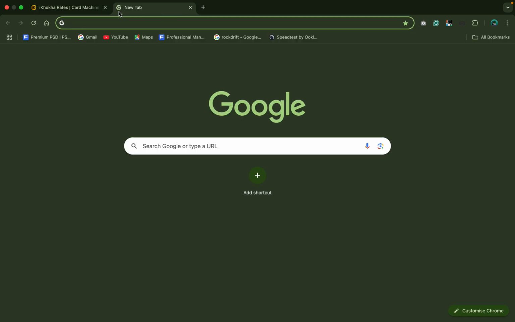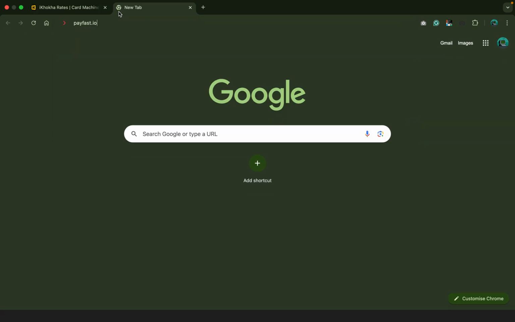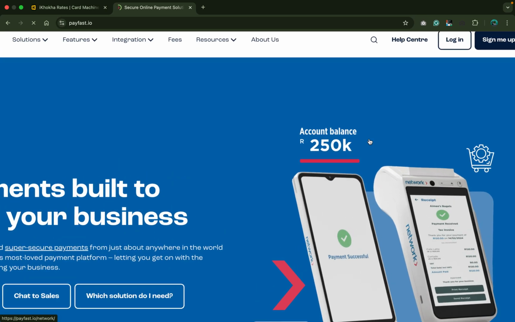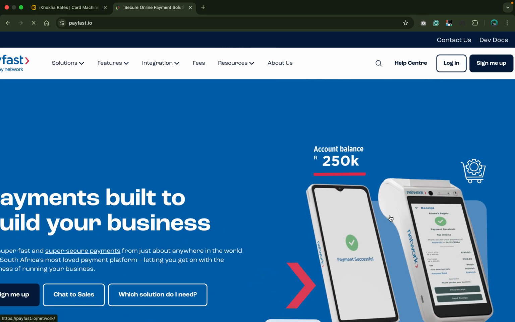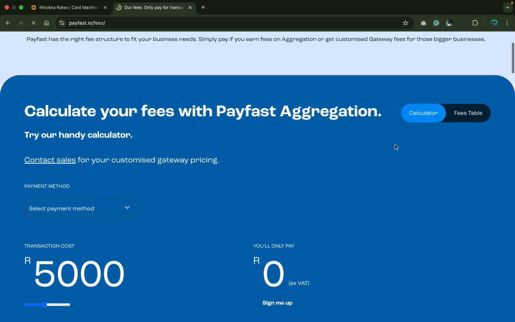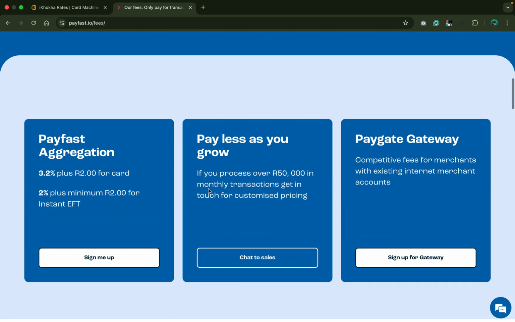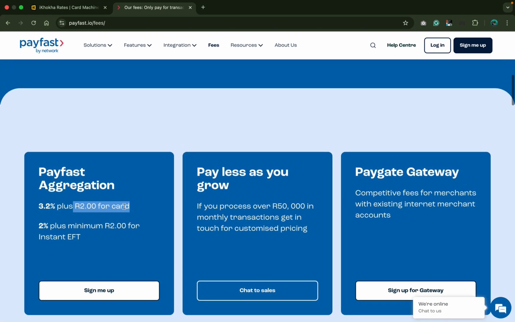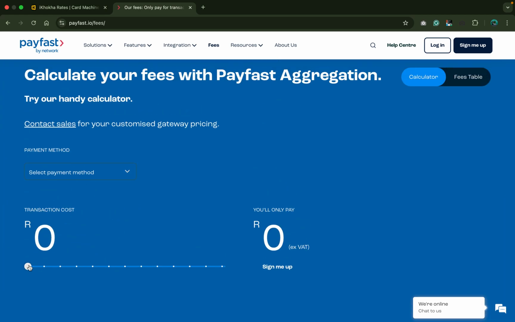Now let's jump into the second payment gateway that we use. It also comes with a free speed point, given to you by us. Let's just have a look at the fees. The fees are pretty much the same, a little bit more here. Here they charge 3.2% plus an additional 2 rand for every transaction. So if we just quickly calculate,